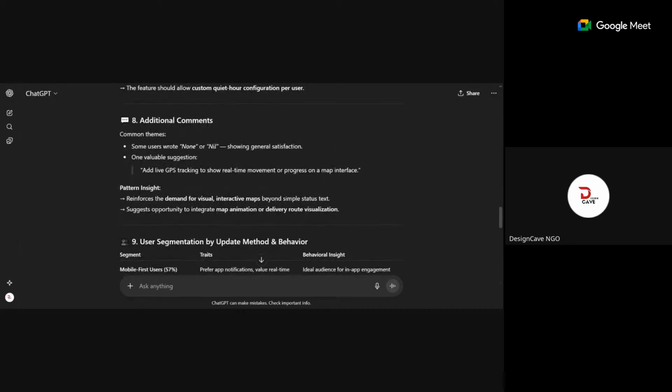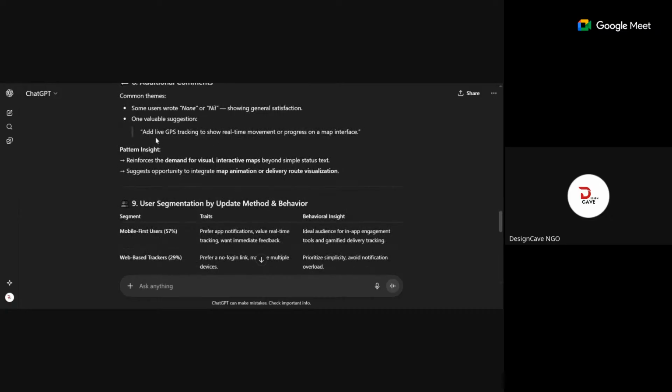So for the additional comments option we gave, some users wrote. One valuable suggestion was to add live GPS tracking to show real-time movement of progress on a map interface. Do you know that this was exactly what I said when I was talking about redesigning, checking the driver's location?